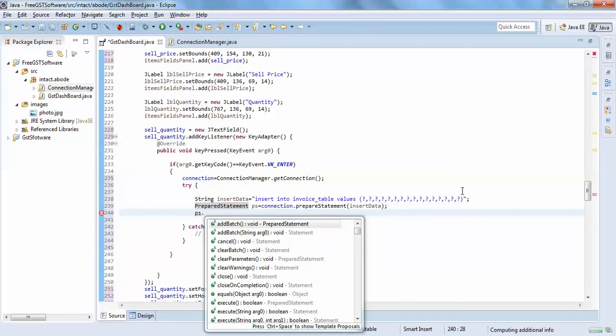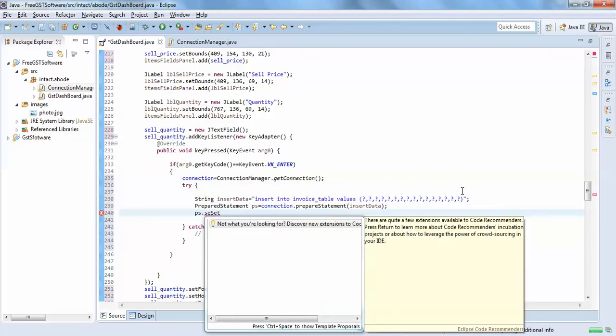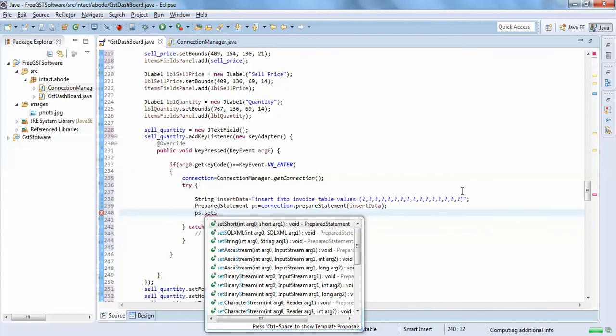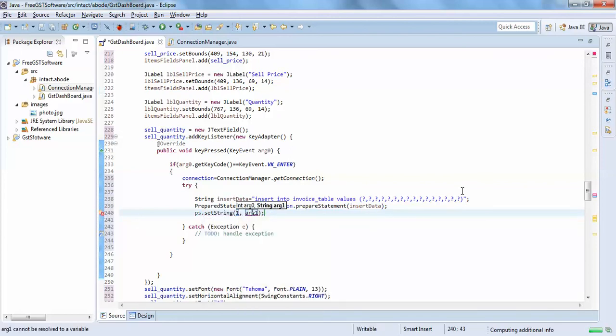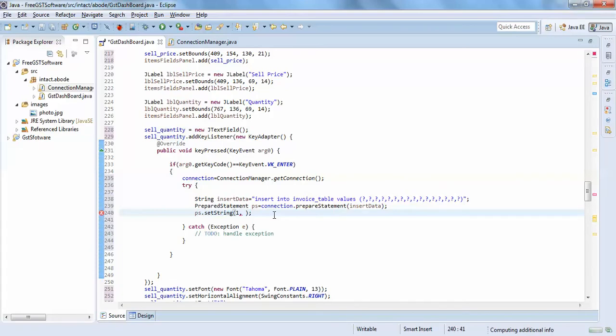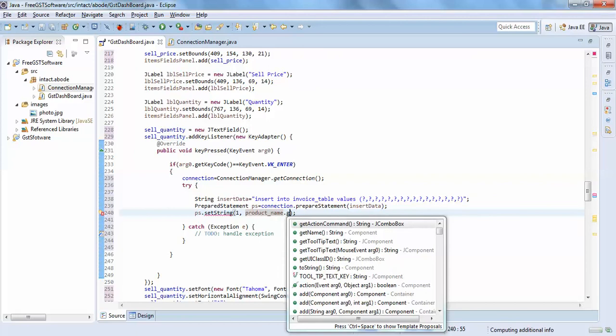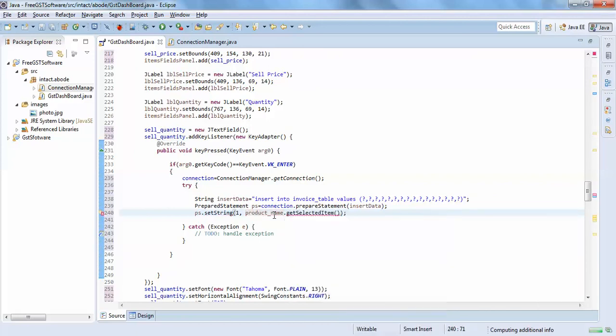ps.setString(1, and I will be working on this. So I have to create 16, right? So the first one is nothing but, I'll get it from my database. First fill the product name.getSelectedItem().toString(),